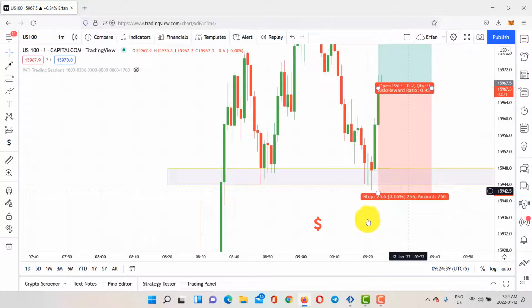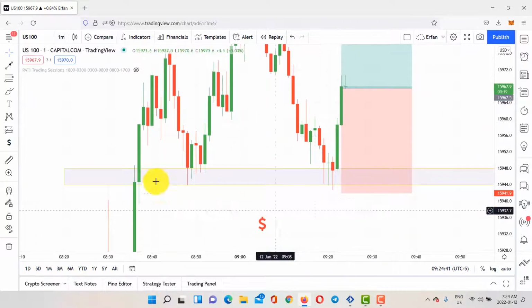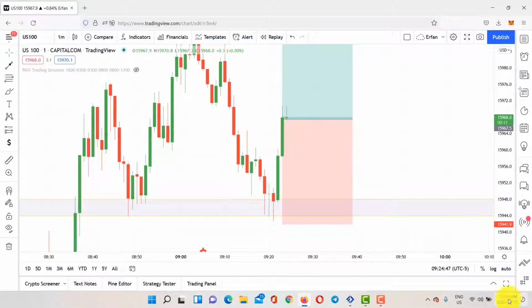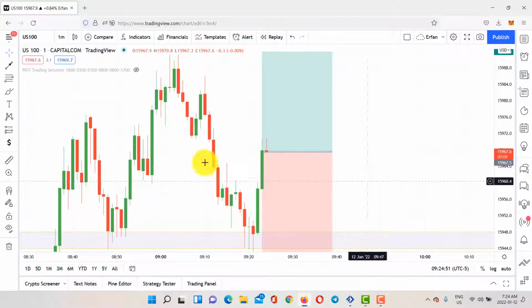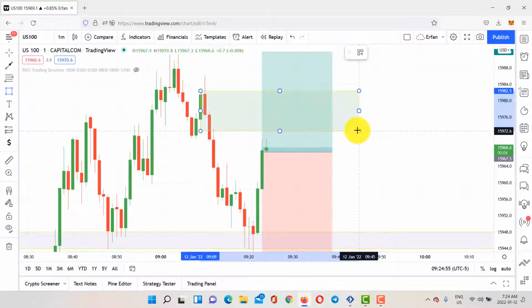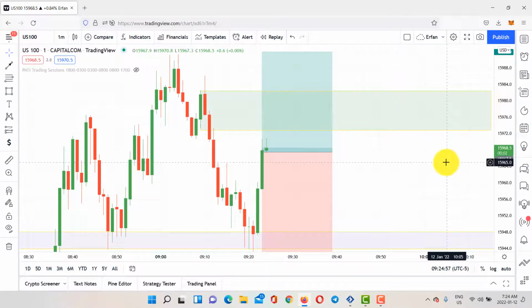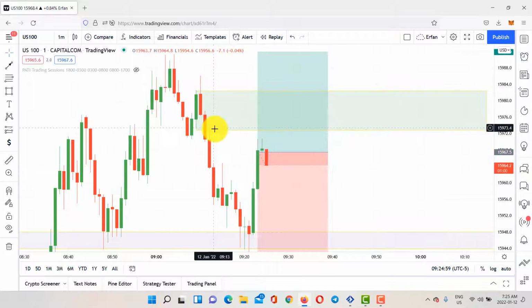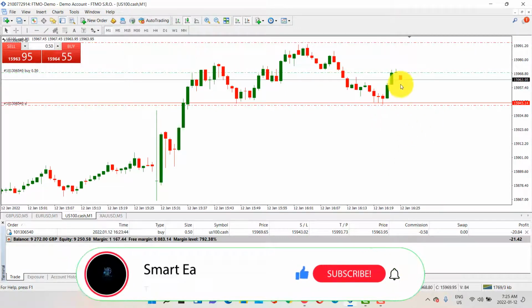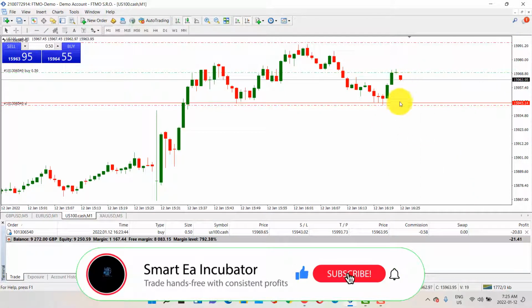But as I said, it's a support level. It's not supply and demand. It's not high probability. We should always expect the market or the price to come back, especially right now. It's 9:25. So New York Stock Exchange is opening in 5 minutes, so it's kind of risky right now. But we have an order block right here. Oh no, this is not our order block. So we should wait for the market to open first, and then I can take my